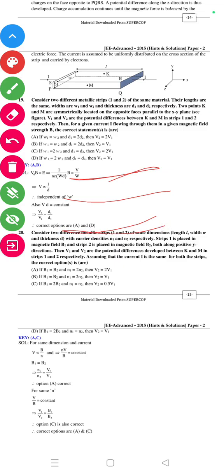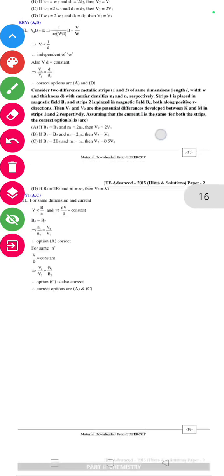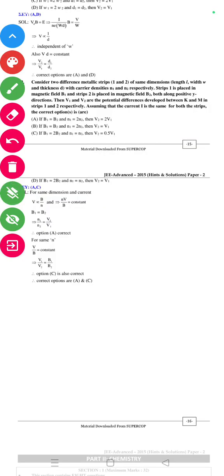A and D. That is, if W1 is equal to W2 and D1 is equal to 2D2, then V2 is equal to 2V1, and then D will go. If W1 is equal to 2W2 and D1 is equal to D2, then V2 is equal to V1. So A and D are correct. The next question is: consider two different metallic strips 1 and 2 of the same